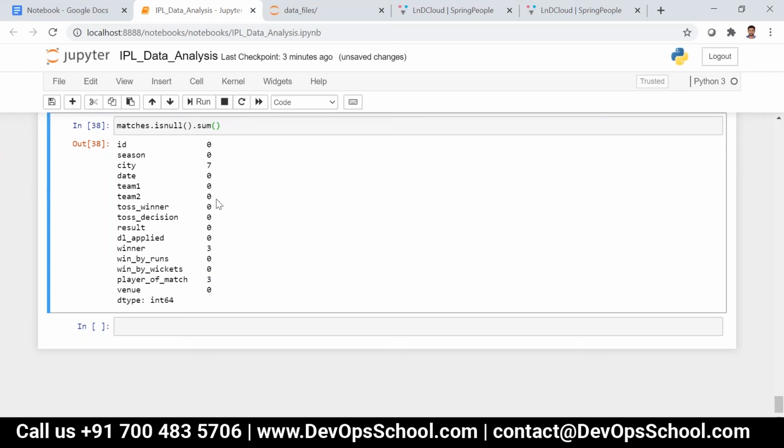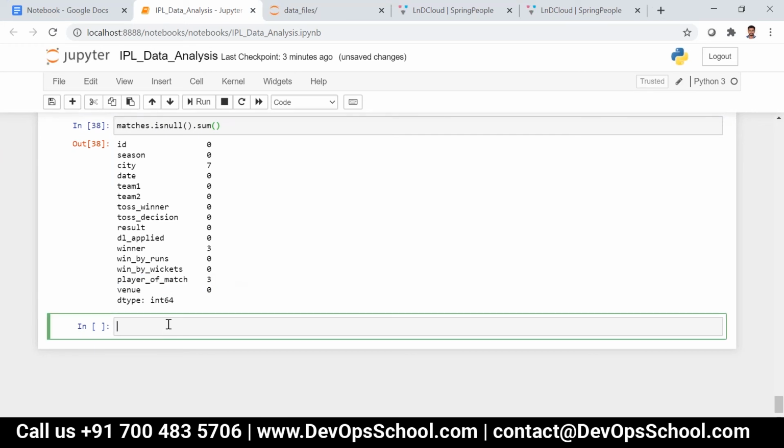So now we can just drop those records wherever we have null values. So far we dropped the columns, where we had null values we dropped the entire column, and that will create problems actually.